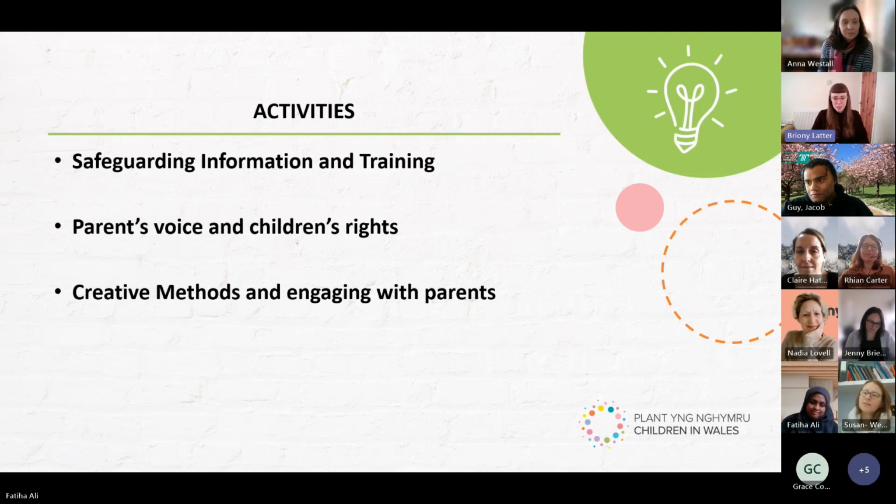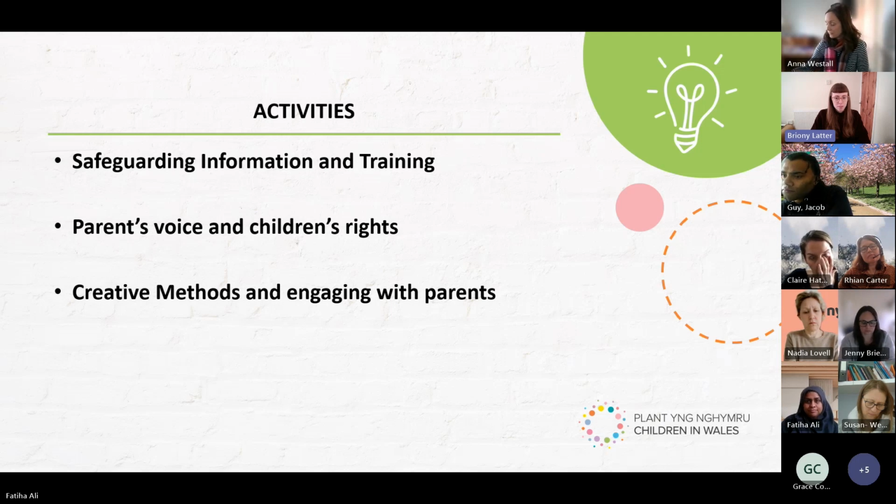So yeah, a few of the things we spoke about was that it's quite good to have a range of different methods available, so you don't necessarily have to just pick one. So you could have an overall theme or topic, and then use multiple methods to collate the information you need. So you might get people who would never do a workshop, but would be happy to do a survey, for example, or vice versa. And also being clear what will happen to the data that you collect afterwards, to make sure parents feel like they're being heard and they know what it's going towards.